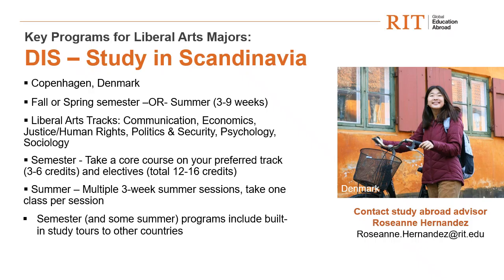Another affiliate program that has strong liberal arts programs is RIT's partner DIS. DIS has programs in Copenhagen, Denmark for a semester or short-term summer options. Denmark is known globally for innovative thinking in business, science, and technology. On the DIS semester program, you'll choose a main program track in communications, economics, justice, human rights, politics and security, psychology, or